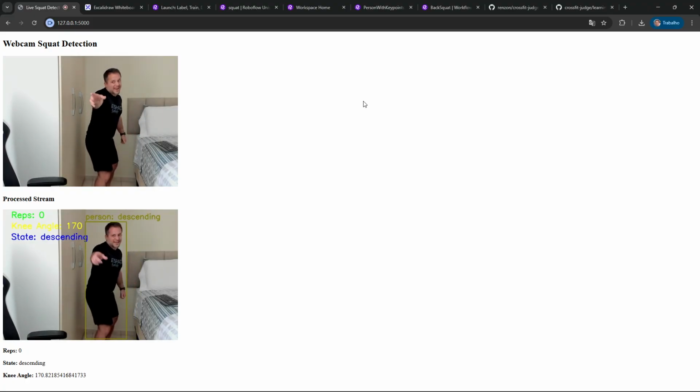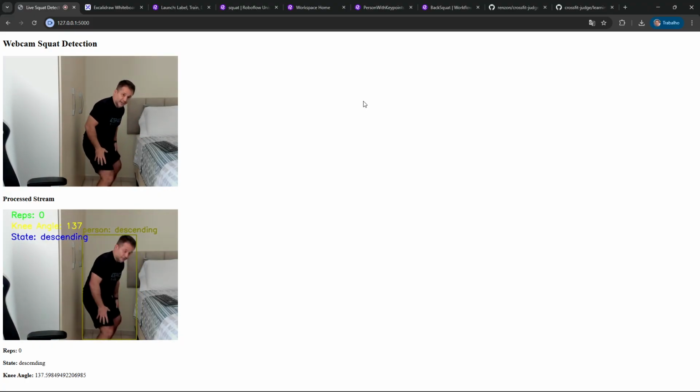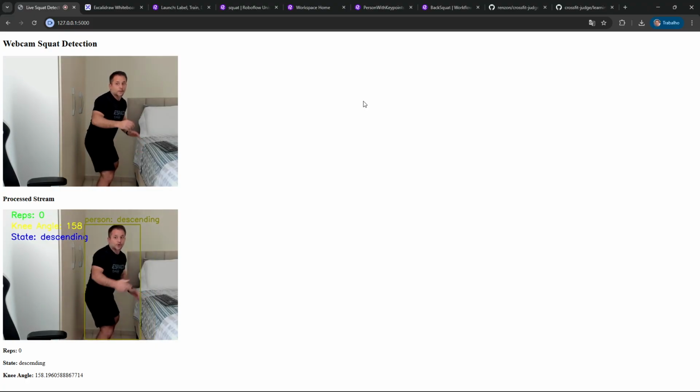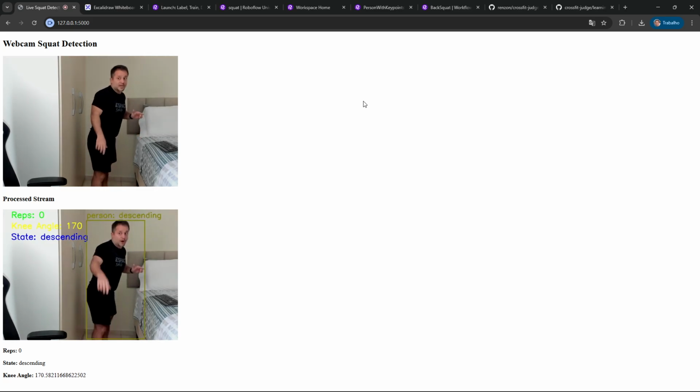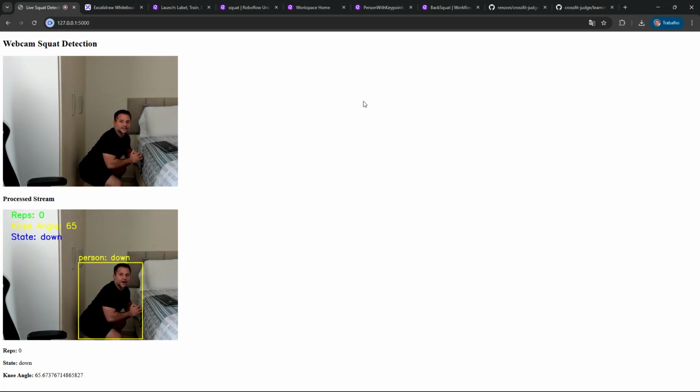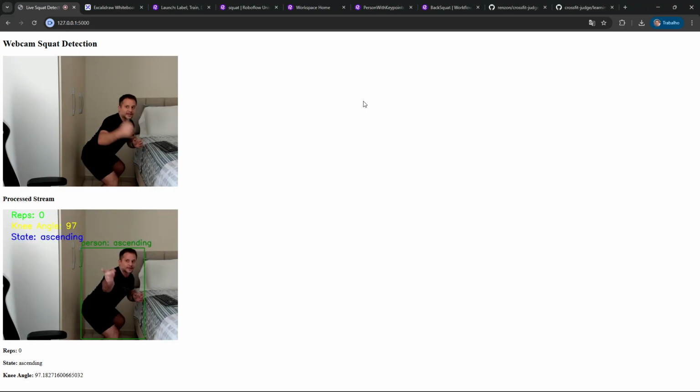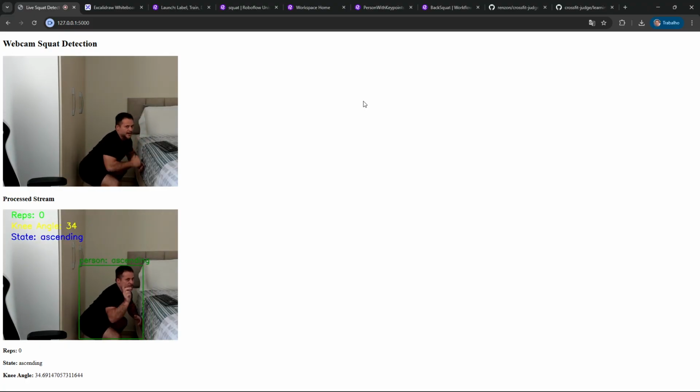When I bend my knee, the system was able to check on that. I start the descending phase. And to complete the descending phase, you really need to go down until your thighs are parallel to the ground. Otherwise it's an invalid move for a CrossFit judge. You really need to go to the ground, otherwise it's not going to count as an exercise repetition. Once you're hitting the bottom, you are in the down position, so you can start the ascending phase. So I'm going to do that right now, and you can see the ascending phase. But if you don't go straight up and go down again, it does not count as a repetition.